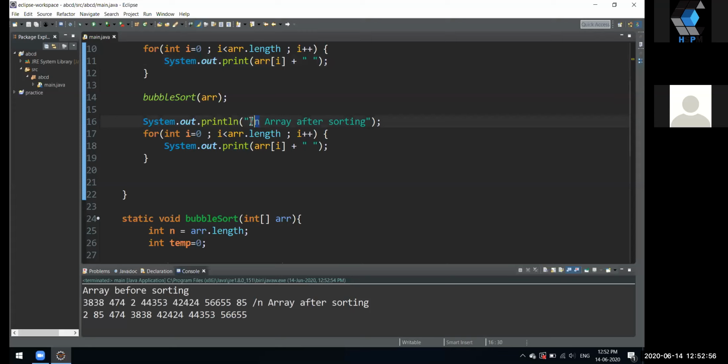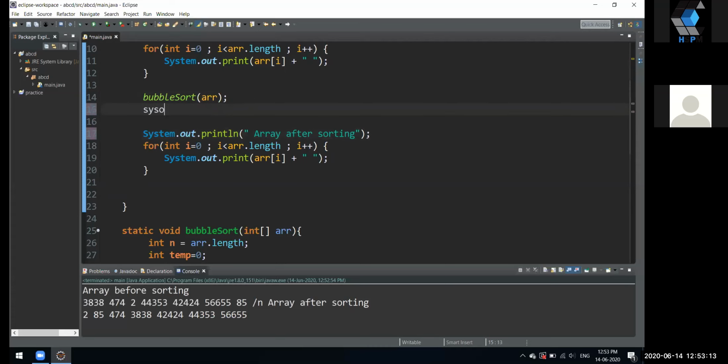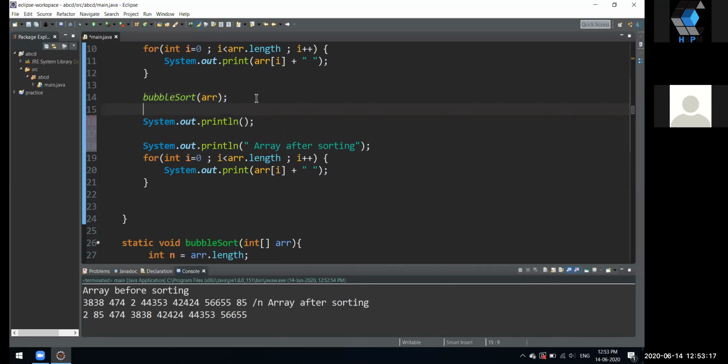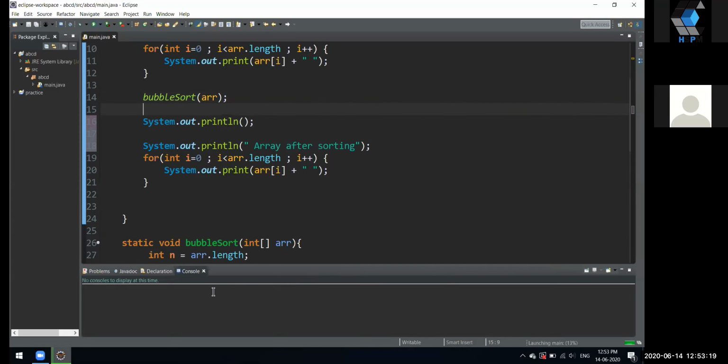Oh no, slash n doesn't work like that. I don't know if this works in Java, I never tried this. We'll have a simple System.out.println to just print a blank line, so that we are able to differentiate between our code.